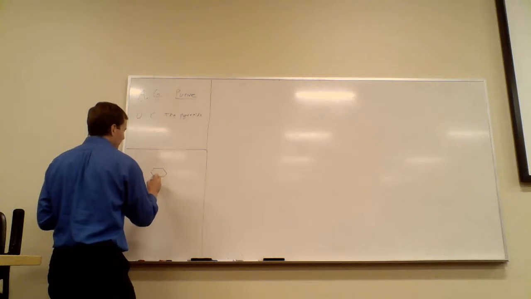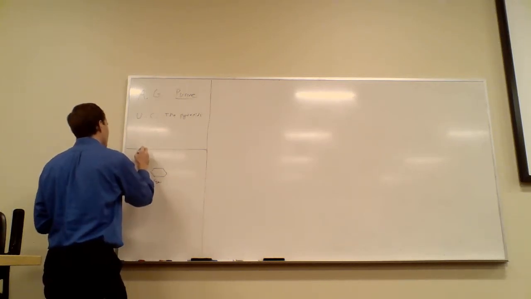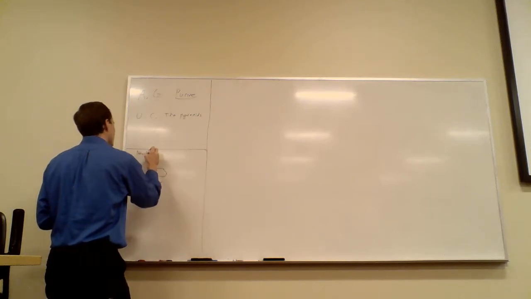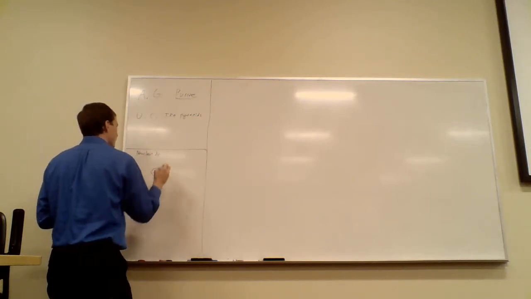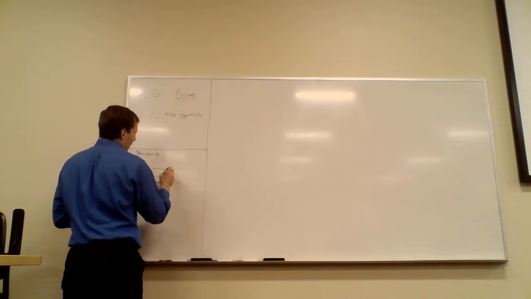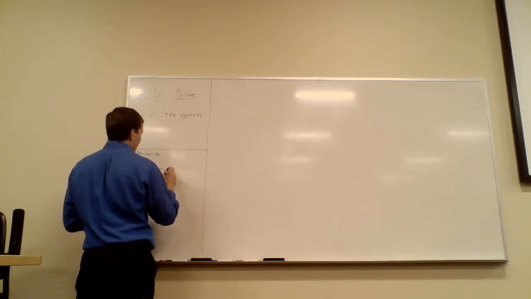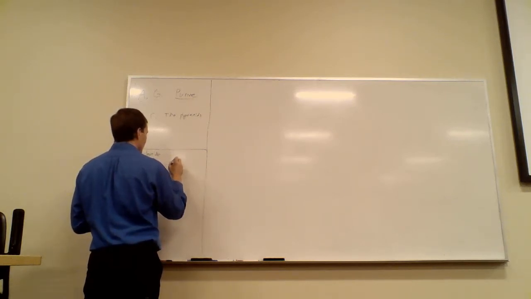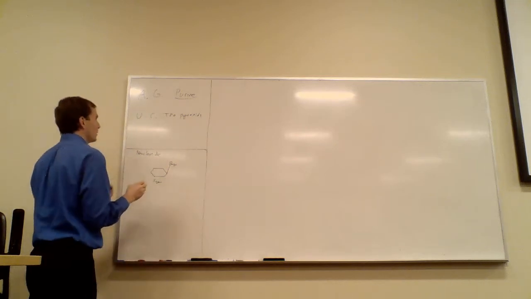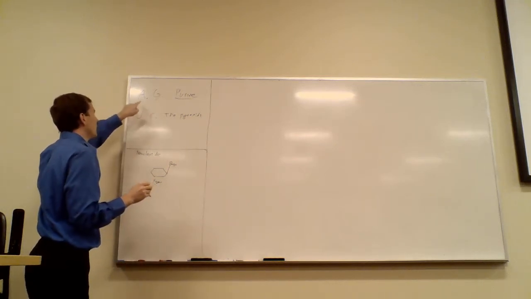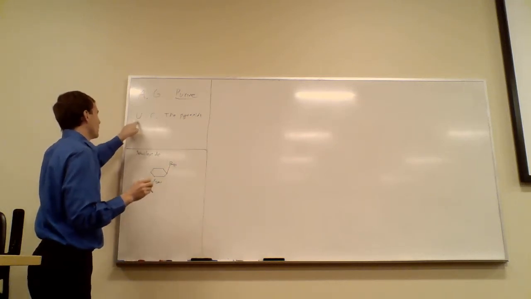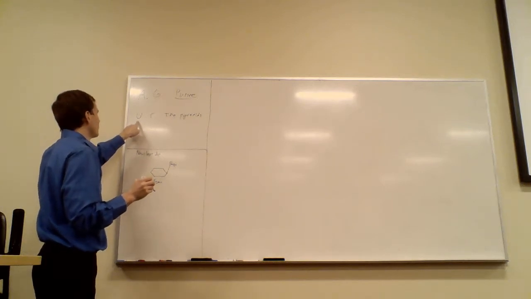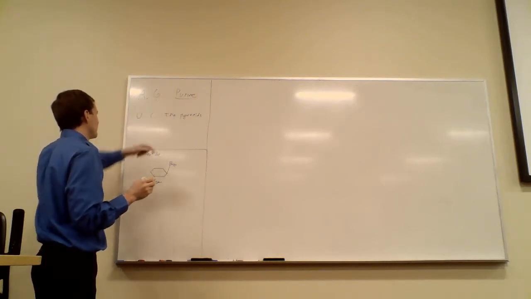So we have a sugar as one part of a nucleotide. And then we have a base. And the base is either going to be adenine, guanine, uracil, or